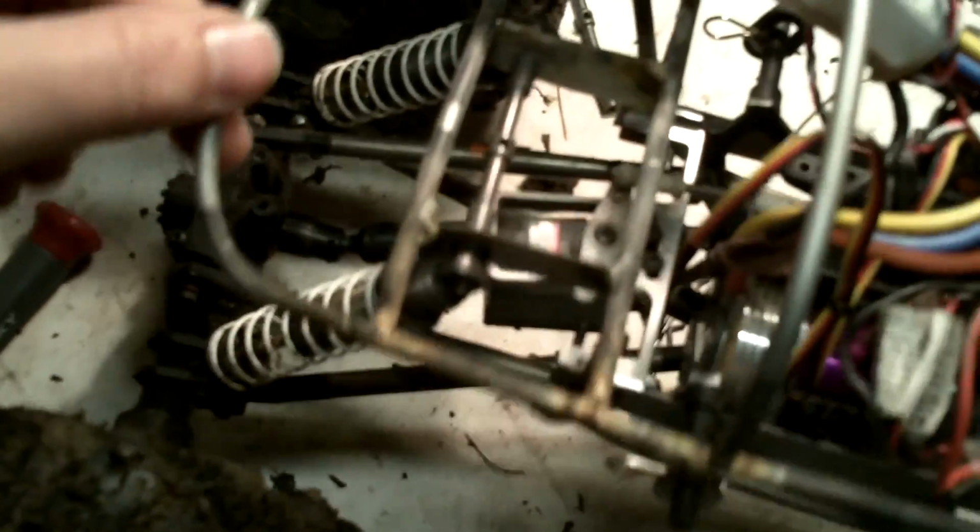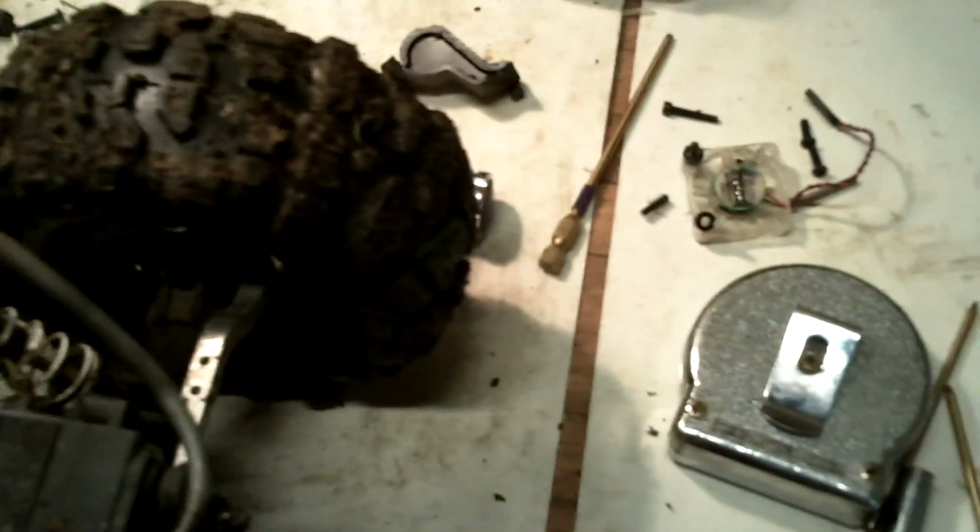So I'm trying to figure out why. It definitely feels like it can tip to this side more. I got an issue with my front hoop catching on my servo. And it could be just hanging because it's catching on the servo. Because when I lift it up, it doesn't feel like it's snagging. So I think that hoop is just catching. And that just follows the body line. So maybe I need to cut this